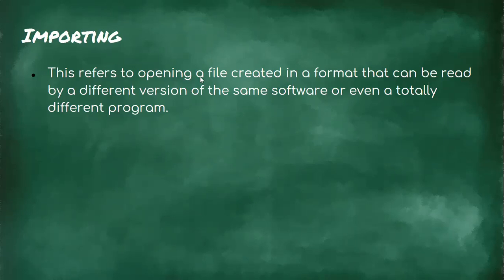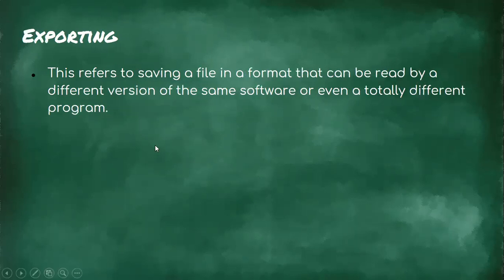This refers to opening a file created in a format that can be read by different versions of the same software, even totally different programs, understand? So that means we need to import that file into Word. I believe now you understand the difference. Exporting, like I said, means you save. Can I do this practical so that you can see how importing and exporting is done? When I import the file, let me just open Microsoft